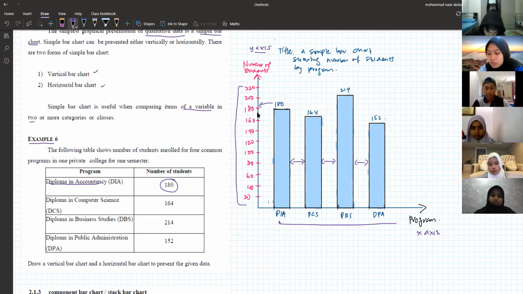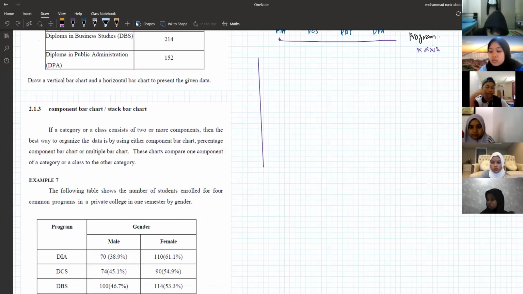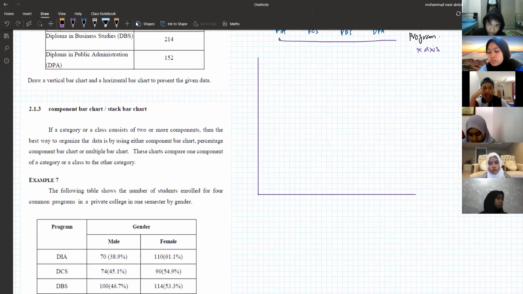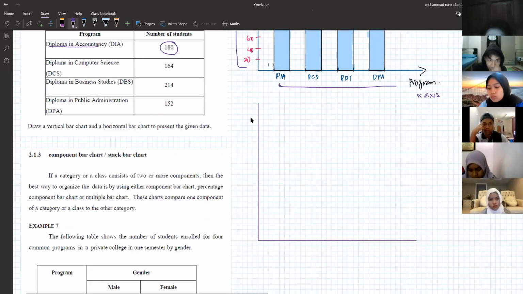So now let's look at how to, let me put it this way. So let's say you have a graph paper, right? So let's say this one, you have graph paper. So this is your graph paper, for example, again. So when you want to start drawing a bar graph, remember, the y-axis always represents a frequency. In this case, this is the number of